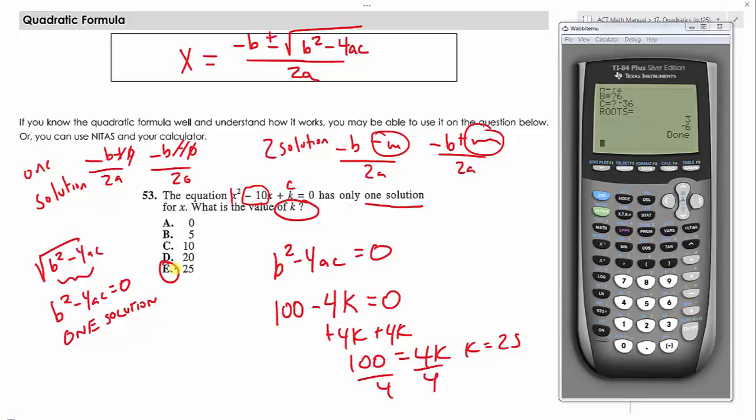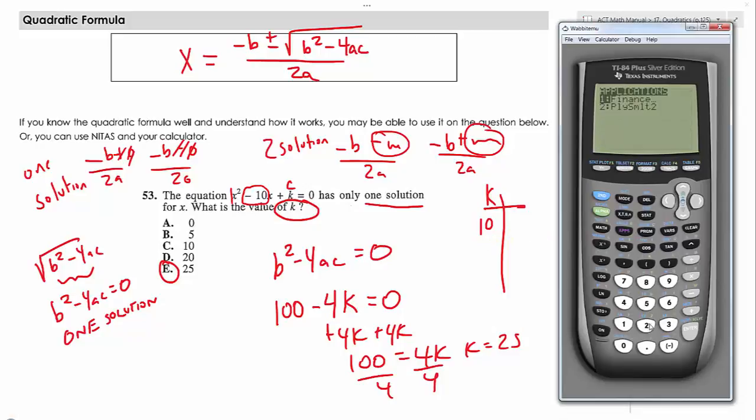The other way that you can do a question like this, there's actually a few other ways. One of the ways is you could just start taking these answer choices. So let's say I make k equal to 10. Well, if I go to my calculator and I go into the polynomial simultaneous equation solver, get back into this screen, well, in this case, my